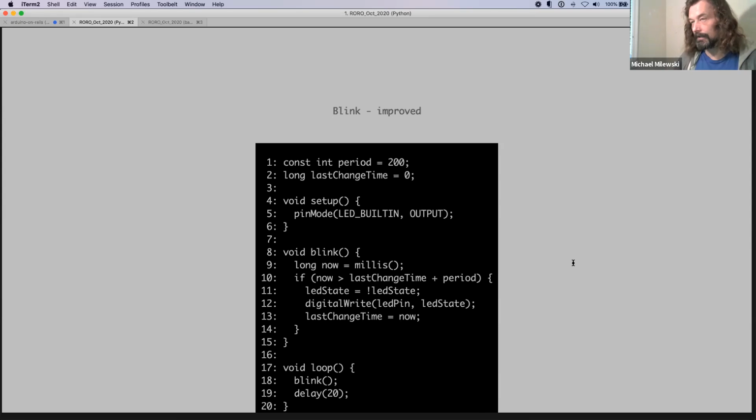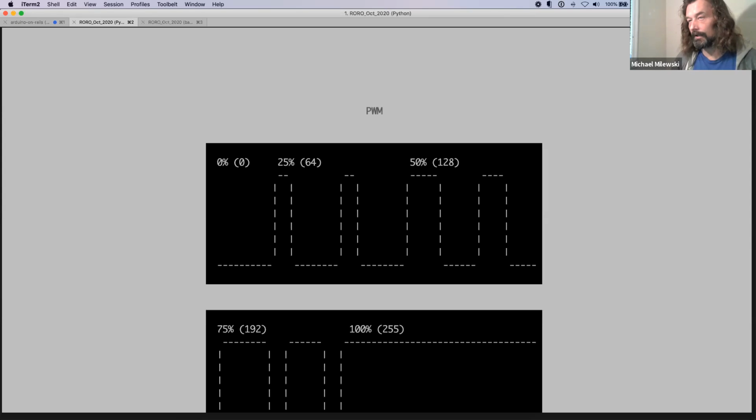Now I'm going to click next. I have no idea what the next slide is. Oh, right, pulse width modulation. So we had this example where we blink, and I'm going to press this again. It's going to blink blue. There you go,